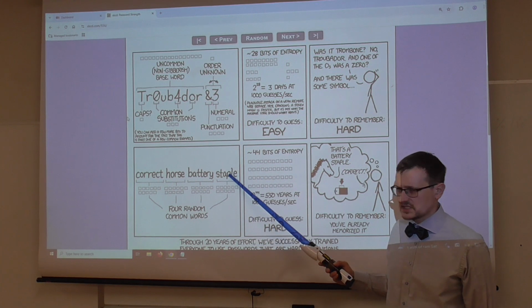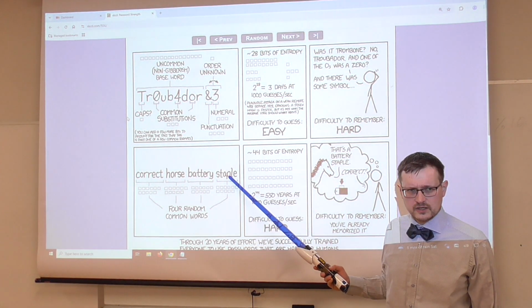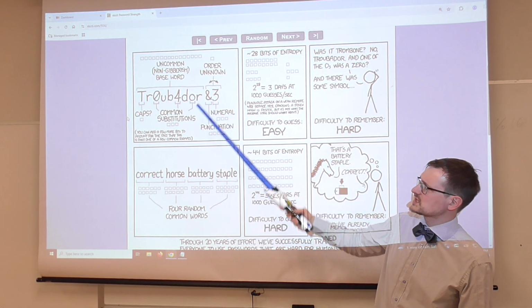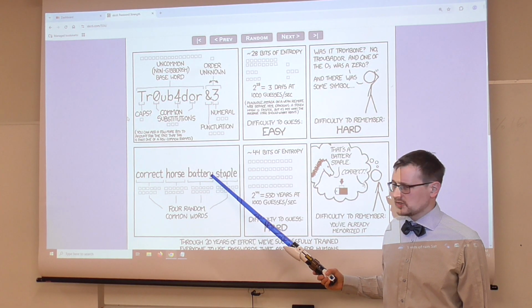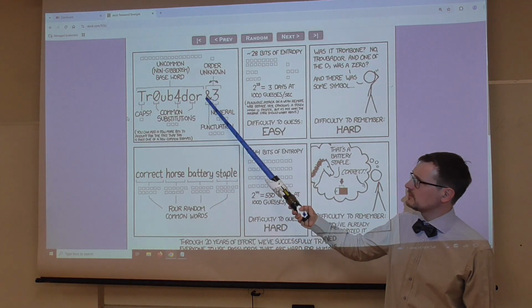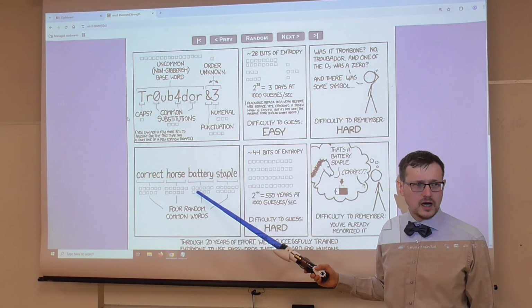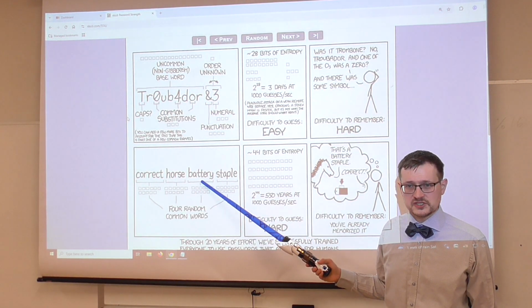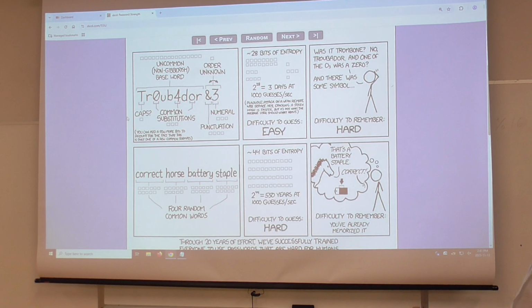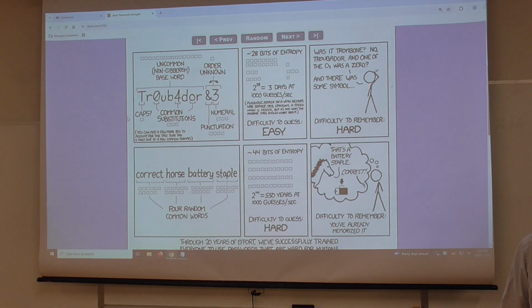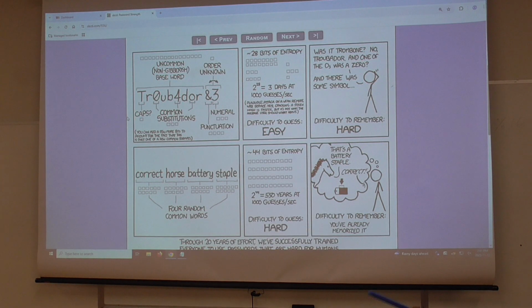So, yes. A password of this type is inherently more secure than a password of this type. In addition, you can also do some permutations on this to make it even more secure. These permutations are things that are essentially trying to foil a dictionary attack.